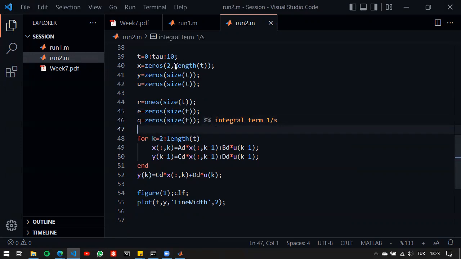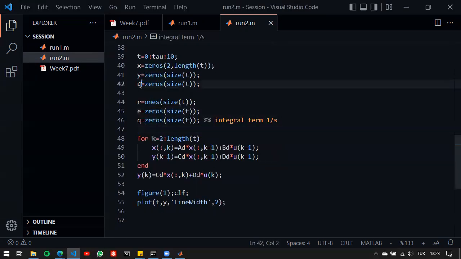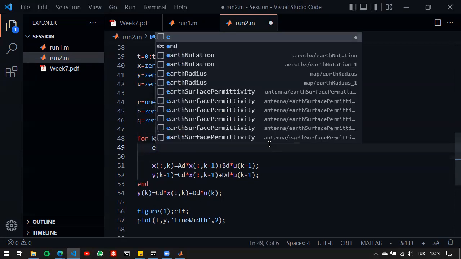And basically, we have r minus y should equal to E, and then Q and E should be combined using KP and KI. That would generate U, and this U will be applied to the system, which is the case at the moment. So therefore, we have to first look at the difference,